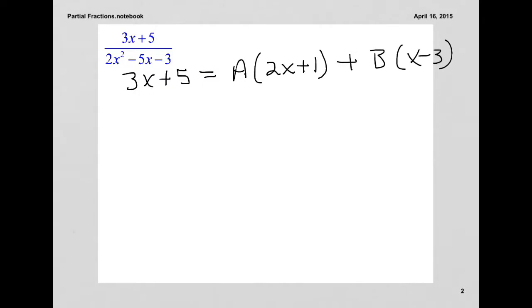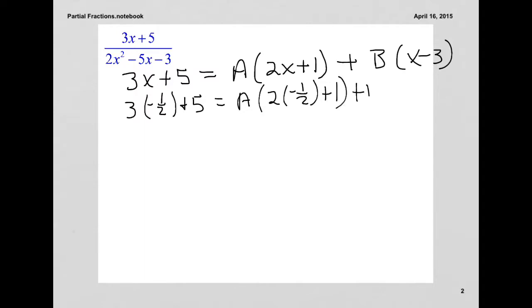Okay, the first time we got rid of the b, so this time we need to get rid of the a. And to do that, x is going to have to be negative 1/2. So that's 3 times negative 1/2 plus 5 equals a times 2 times negative 1/2 plus 1 and plus b times negative 1/2 minus 3. Okay, start multiplying things out, and that gives me 7/2 over here